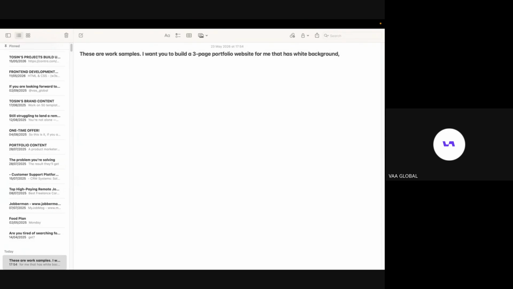You can give it any format, font, whatever it is. Just give it anything you want. All right. Use all the attached links under projects. So you can give it names of those pages. Let the 3 pages be